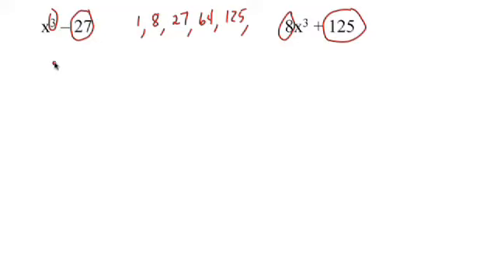Right. If you see a problem involving the third power and it's a binomial, it's got to be either a sum or a difference of cubes. It's not going to be a perfect square problem. And just to be clear, when we talk about a perfect cube, we just mean it's a number you multiply by itself 3 times. 1 is 1 times 1 times 1. 8 is 2 times 2 times 2. 27 is 3 times 3 times 3, etc.